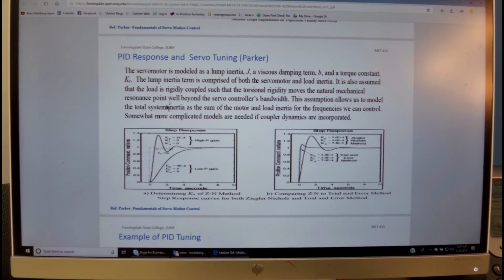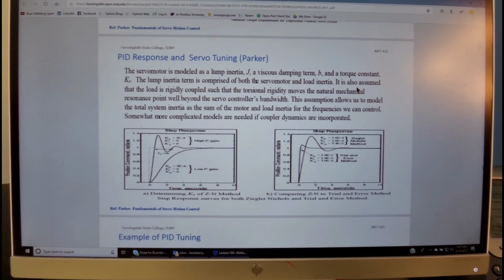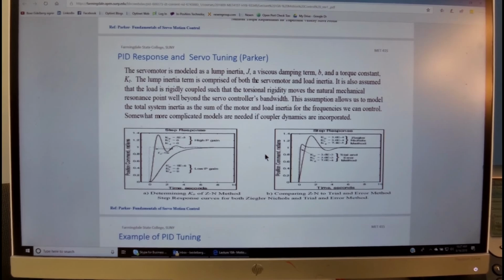By the way, most of these slides are referenced at the bottom with the source, so they are taken, and we of course thank the contributors for their information. We see over here the style of tuning.